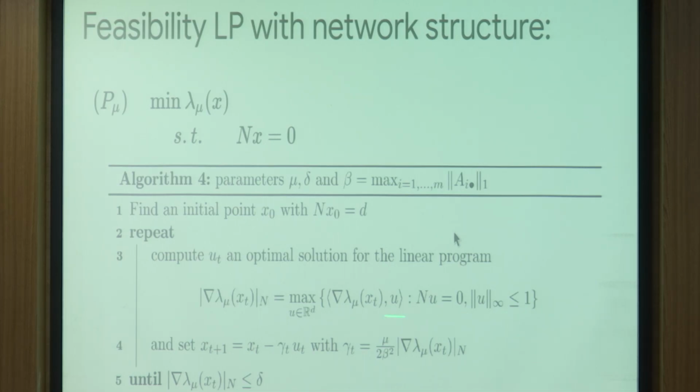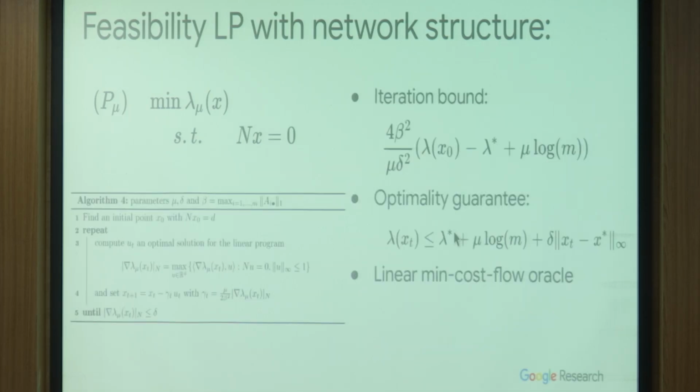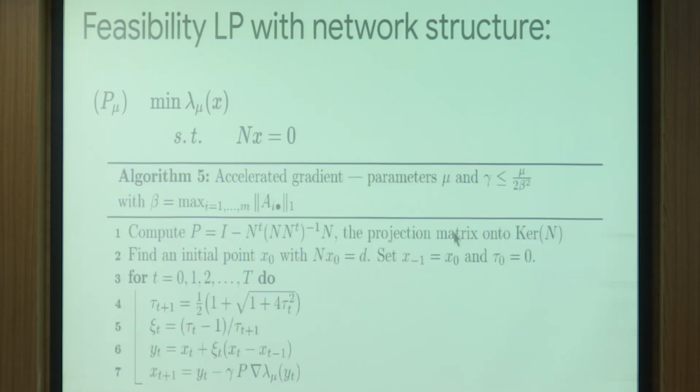And how you do the projection, and this part is important if you want to use network oracles, you have to normalize with the norm infinity. Because essentially you're saying now that your network has -1 and 1 for all the variables, but that's just network. So you can solve this problem using your network for oracles. So there is hope. And you can do the full analysis, and you can get an iteration bound like that, and an optimality guarantee with parameters mu of that kind, and the oracles are all min cost flow like. And you can do more.